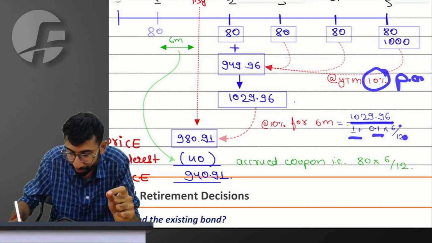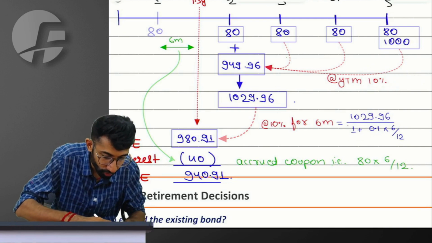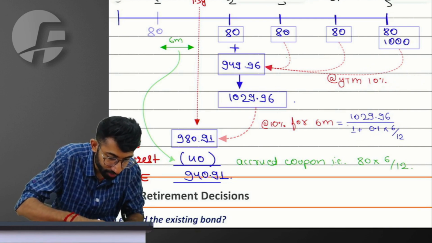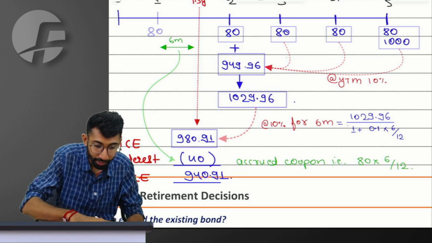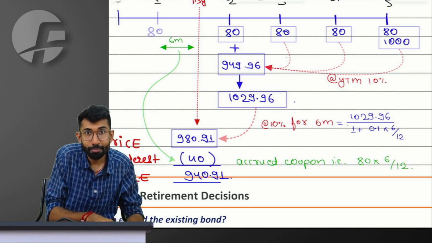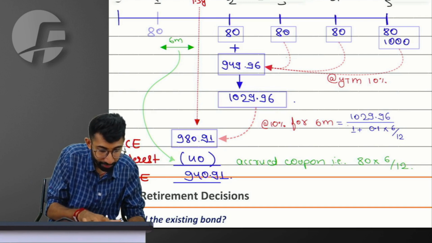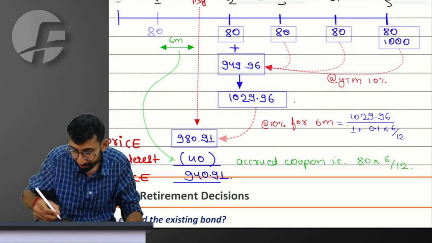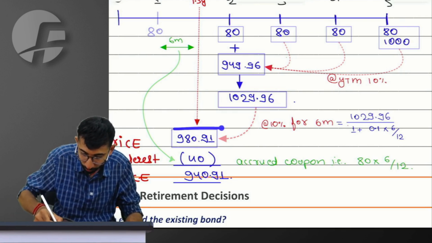So to the YTM of 10%, I need to multiply 6 by 12, right? So 10%, which is 0.1 into 6 divided by 12, is 5% plus 1. So my answer when divided by 1.05: 1029.96 divided by 1.05 is 980.91 rupees, which is the value of the bond at the end of